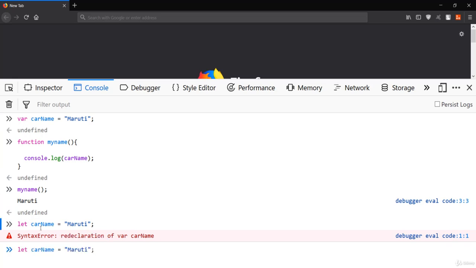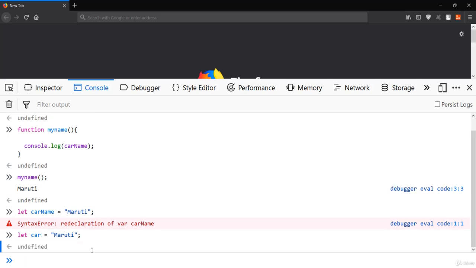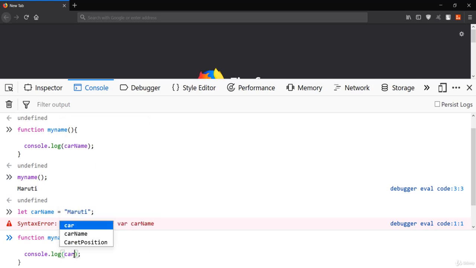So let me create another one, car, and press enter. Now our car is created. Let me use the same method we just created, and instead of carName, I'll say car, which is our let variable.